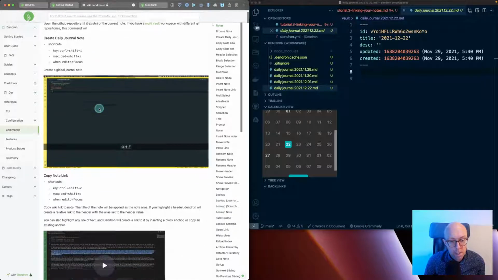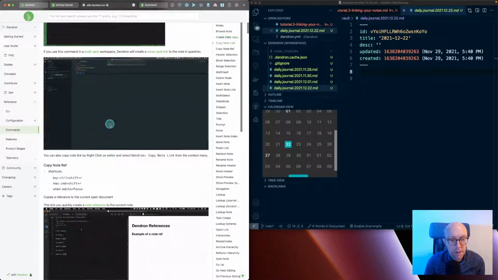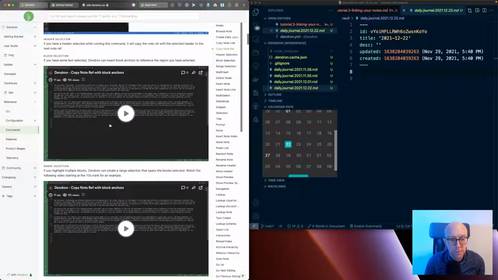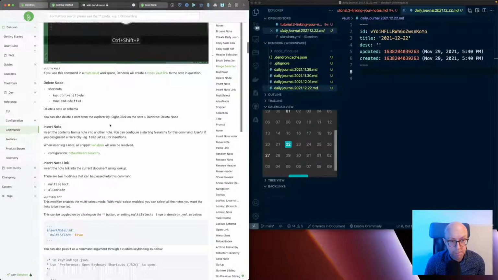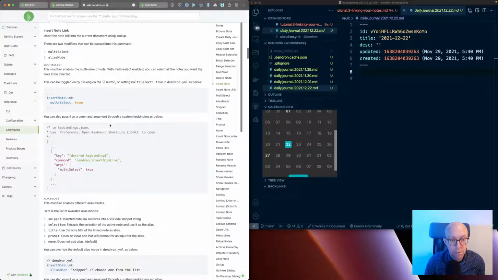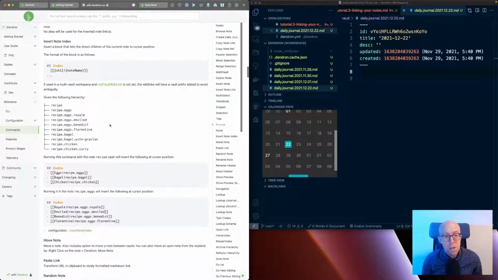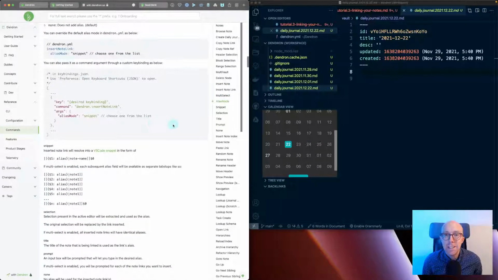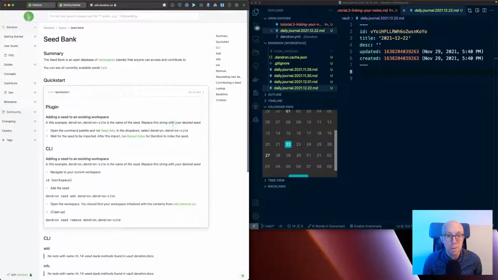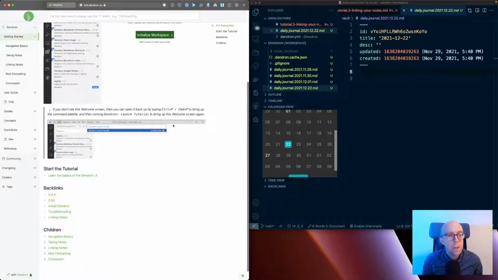Yeah, we saw that here. Copy a note link. I think that's fairly obvious. Copy a note reference. I think that's fairly obvious. Inserting notes. Yeah, I think I get the idea. Seed bank, open database of workspaces. I think we got that too. So,